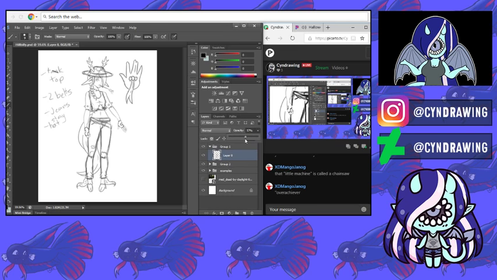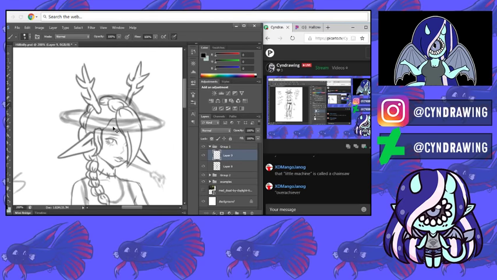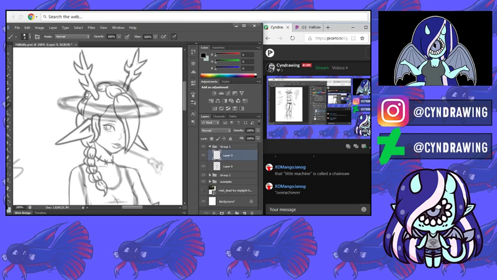So now that we have our initial sketch, put that lower, make a new layer, have a hard brush line like so, and let's get down to line art. Now this is going to be a little faster because you don't have a full body like last time. So I'm going to go back to the 5-point brush size, and then I'm going to go ahead